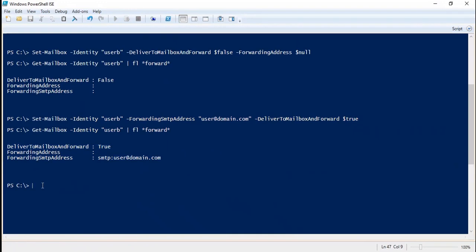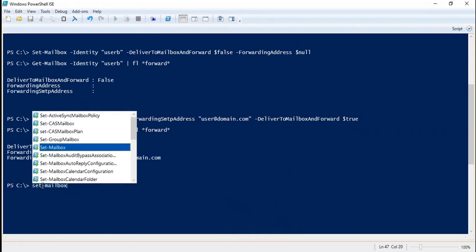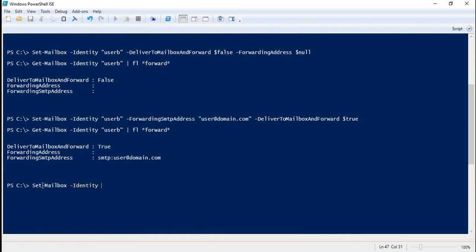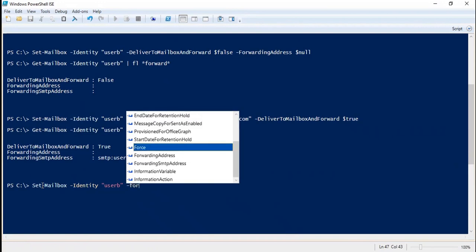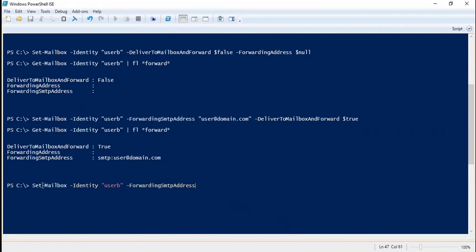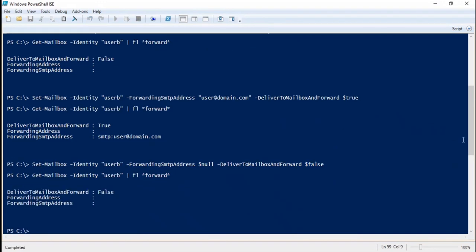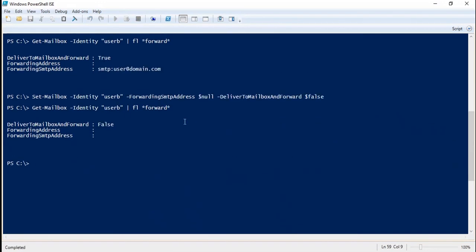If you want to disable forwarding, you can run Set-Mailbox -Identity user B -ForwardingSmtpAddress $null -DeliverToMailboxAndForward $false. Press enter and let's verify the changes. Now it has been removed. We can see it has been set to false and the forwarding SMTP address has been removed.